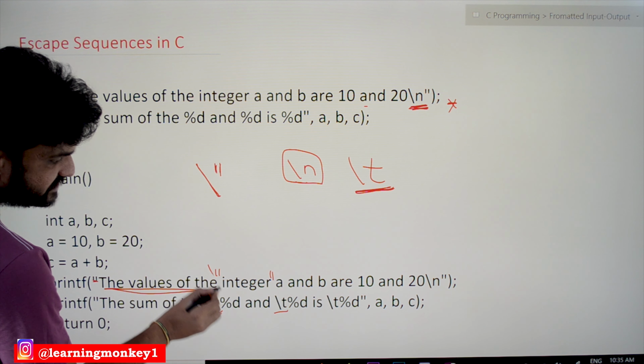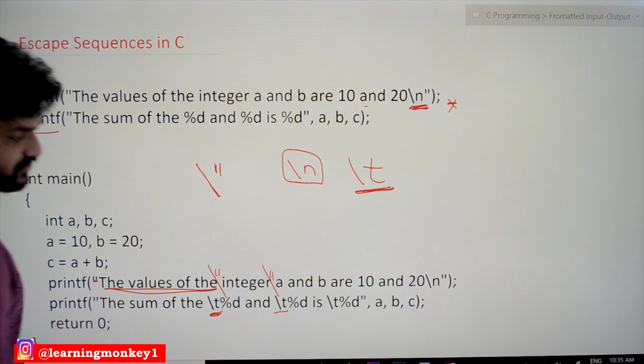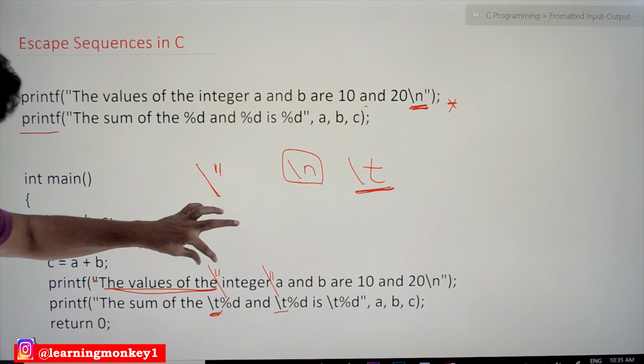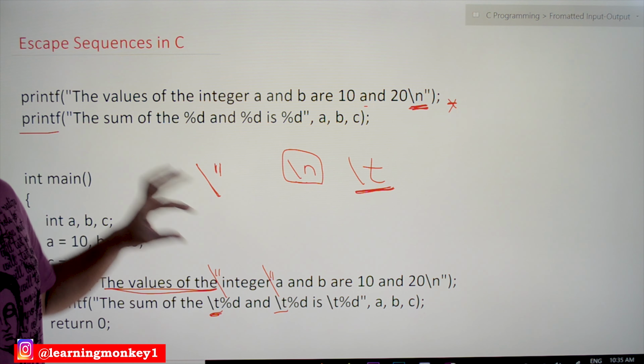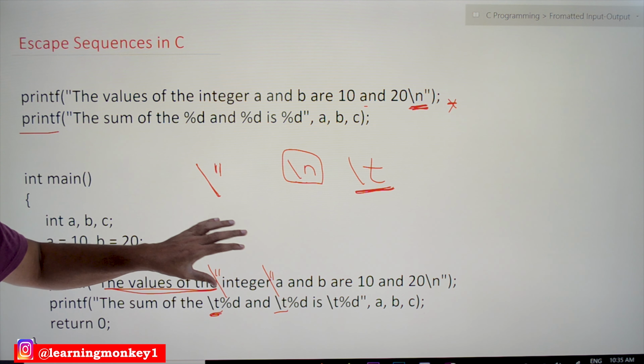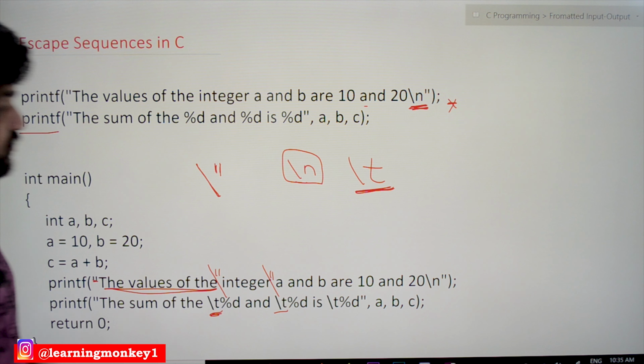So with this \double quote and \double quote, what happens is this is considered as a string literal. In the same way, if you want to use a